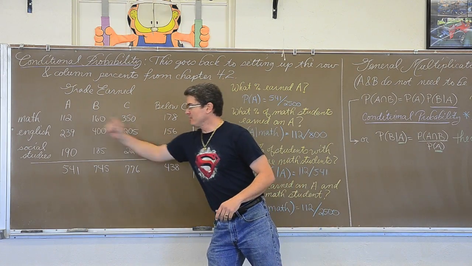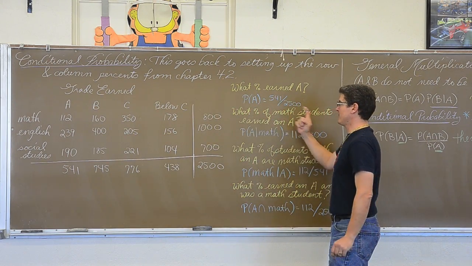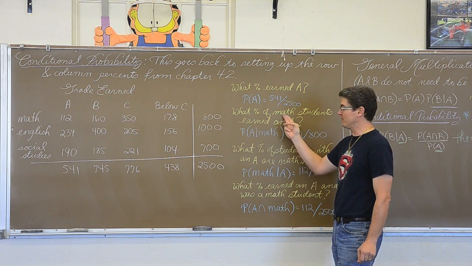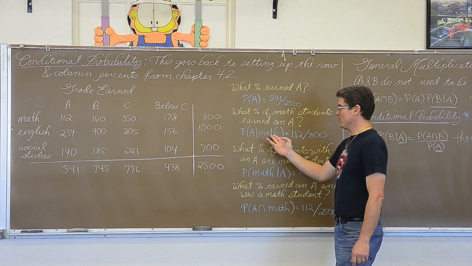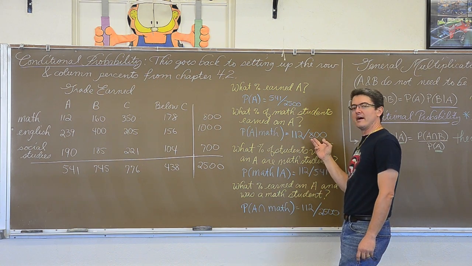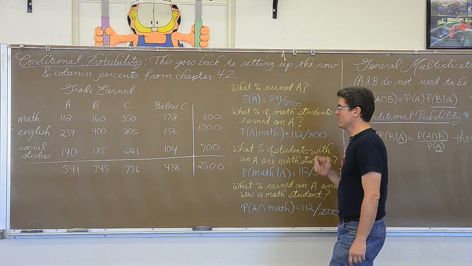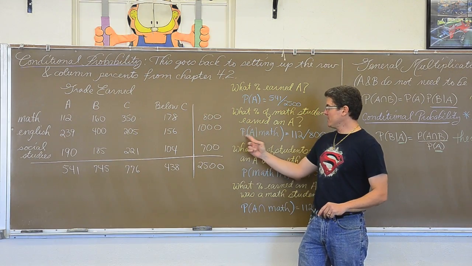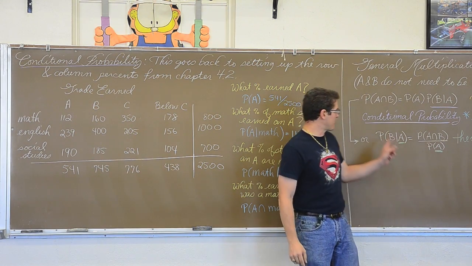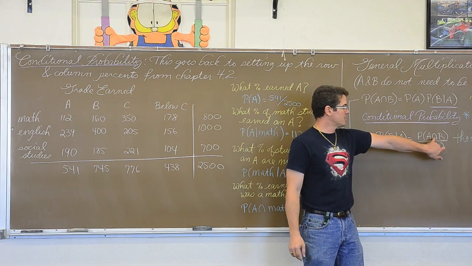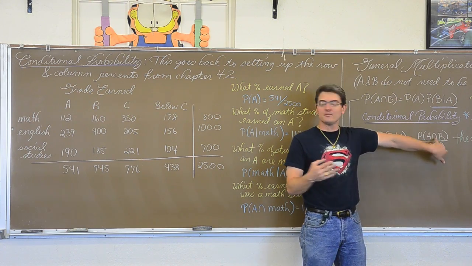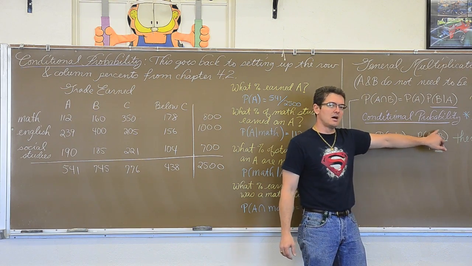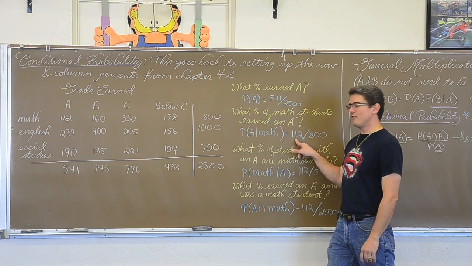We have this two-way table, and I said, in this example, what probability of math students earned an A? Well, the condition is being a math student. So we have the probability of A, given that you're in math, and it came out to be 112 divided by 800. Well, let me try and show you how that ties in with this conditional probability. The probability of A given B equals, the probability of B given A equals the probability or the number of both. Now, of course, this isn't a probability, but you can see that it's something about A and B occurring at the same time. Well, where did the 112 come from?